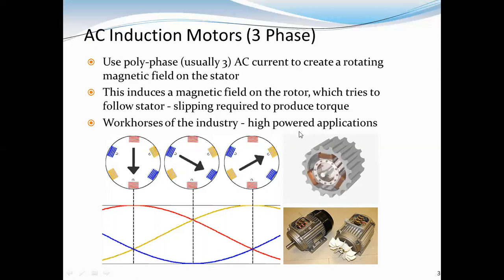If you observe the diagram, whenever the three-phase supply is given to the stator, this induces a magnetic field on the rotor which tries to follow the stator. That is, a slip value occurs, a slipping required to produce the torque. These are the stator coils